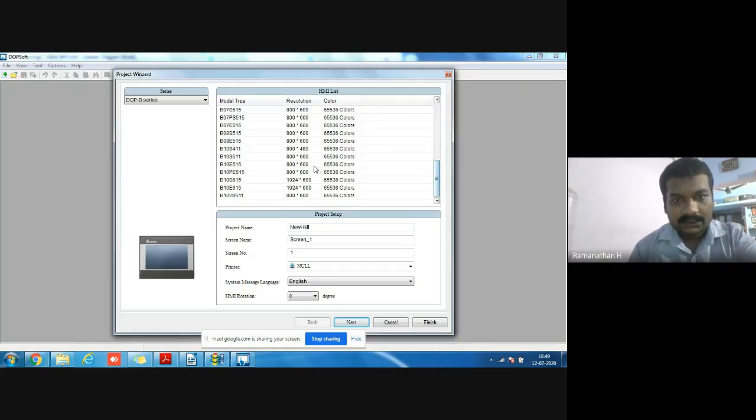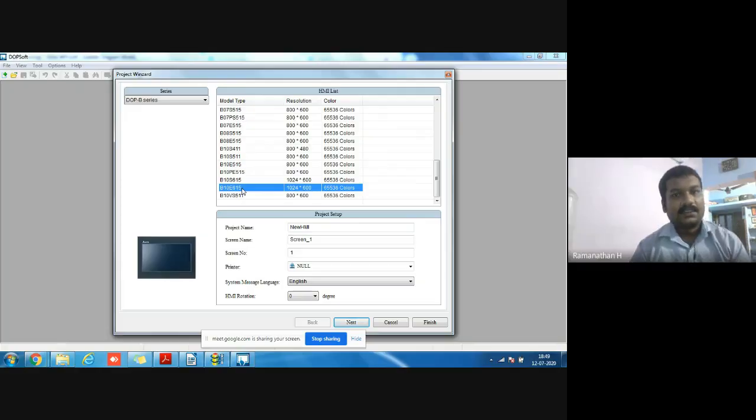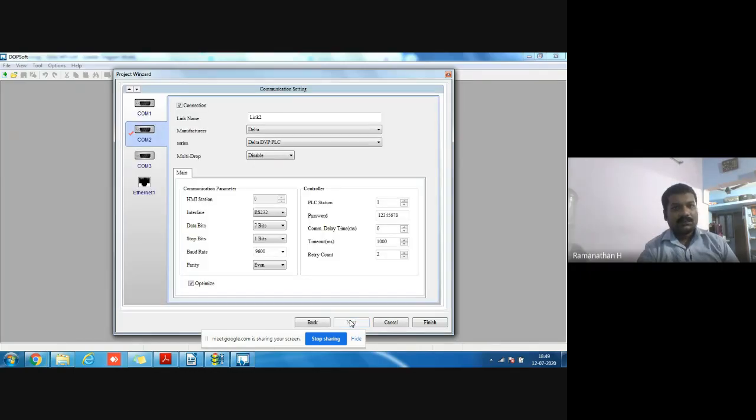Also 10-inch with high resolution. Based upon the application and the task, we go for various resolution types. Then I will go to next.